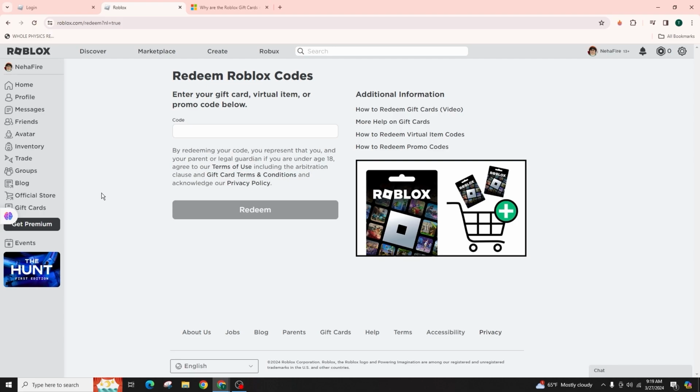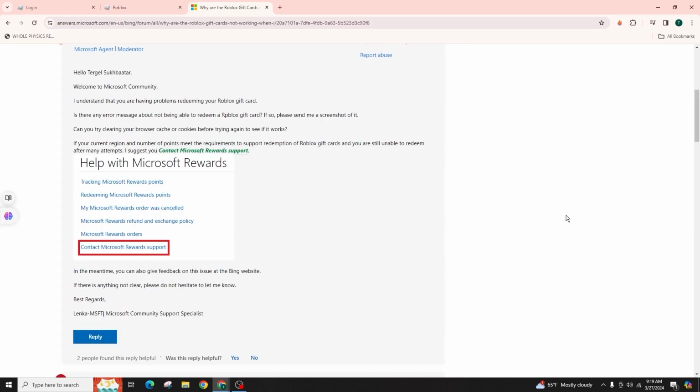Firstly, it is imperative to ensure that you input the code correctly or accurately in the designated box at roblox.com/redeem. You shall also take the necessary precautions to verify the code and prevent any potential mistakes. In the event that the gift card was given to you by a friend, kindly request them to validate the code as well. Certain that the code is indeed correct, proceed to check the operational status of the Roblox service